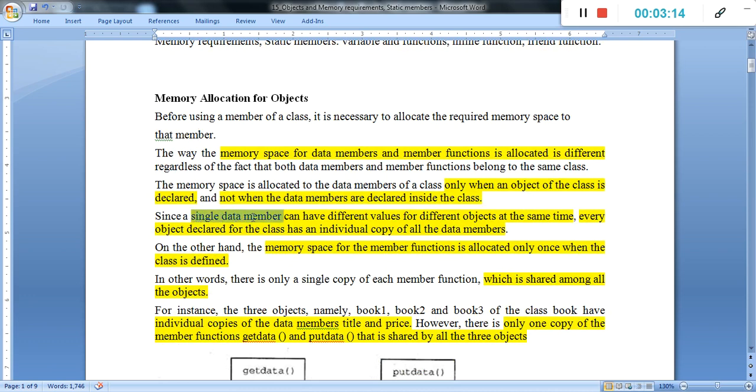For example, int a: we declare int a under the class student, and we create two objects for the student class. Then for object 1 and object 2, the data member a has a separate memory, and for object 2, when we access a, that again the variable or data member has a different memory. That is simply the process.